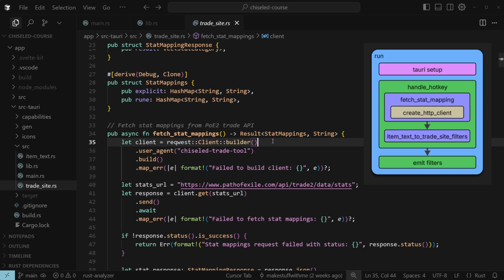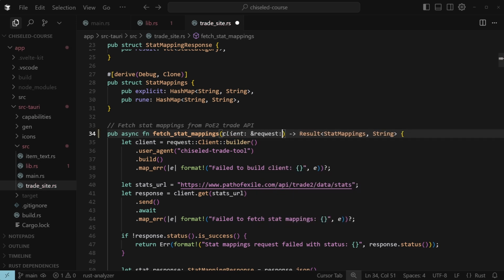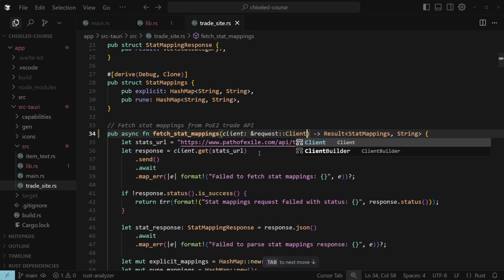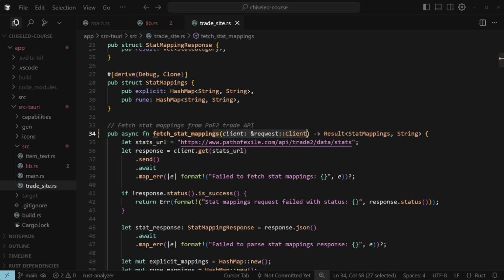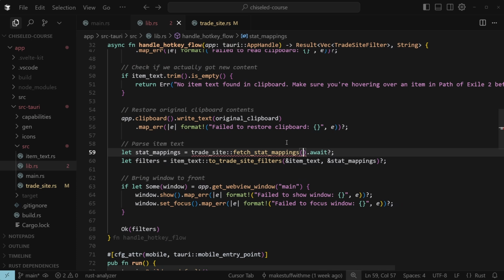And dependency injection says, hey, instead of burying our dependencies in the guts of our app, what if we created them up front and passed them down? So let's see what that would look like. For fetch stat mappings, we'll pass in a client instead of creating it. And we'll see that broke this function here. It's now expecting a client. And a client is a really common dependency, but a dependency can also be data like it is here with our stat mappings. And a dependency can also be a function,